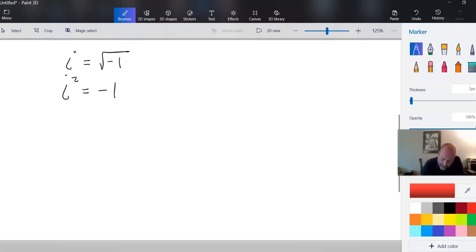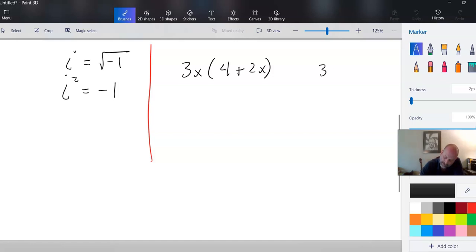So let's take a look at something. Let's say I have a regular polynomial, 3x times 4 plus 2x, right? And then over here, I'm going to do it with complex numbers. Instead of an x, I'm going to put an i. So we'll get 3i times 4 plus 2i. I just want to show how these are very similar, so you can actually use the things you know about multiplying polynomials to multiply complex numbers. So here, your gut should tell you